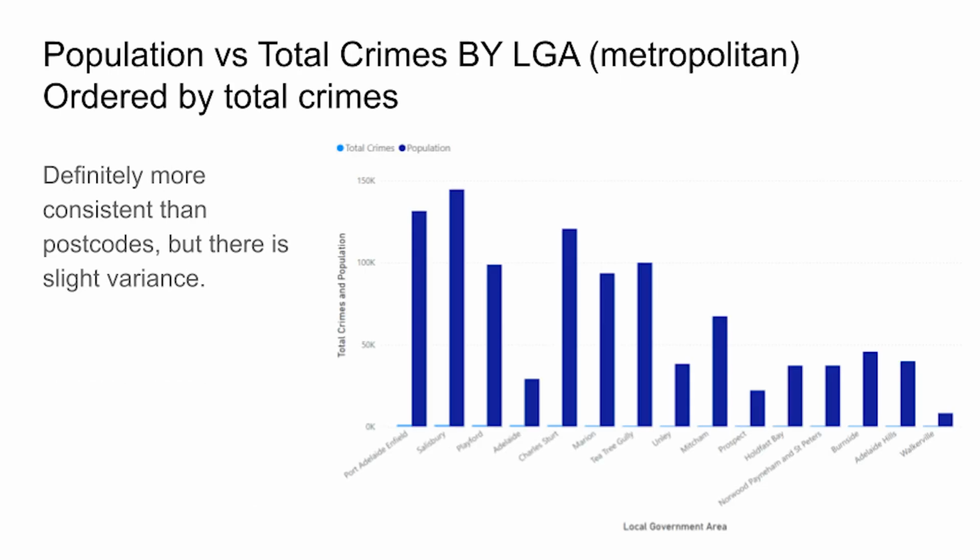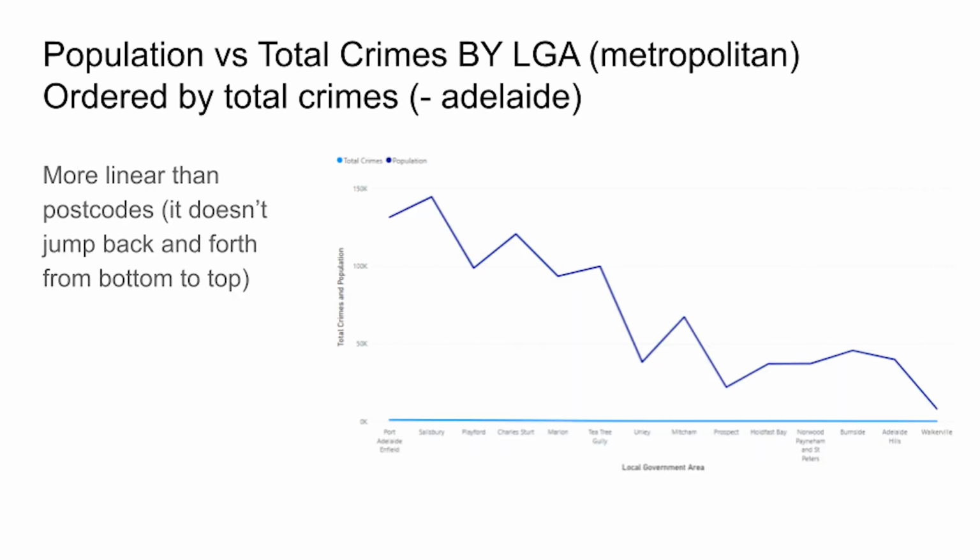So now let's look at LGA, a much larger area, so that we're simplifying it for consistency. In fact, we're also just going to keep it within metropolitan Adelaide for this consistency. And let's just start with population this time. So you can see that it is obviously much clearer here, and that in the line graph, the trend is more constant because it doesn't jump around from all the way down to the bottom to the top. It's very little jumps. Now obviously there's a difference, so obviously there's going to be disagreement.